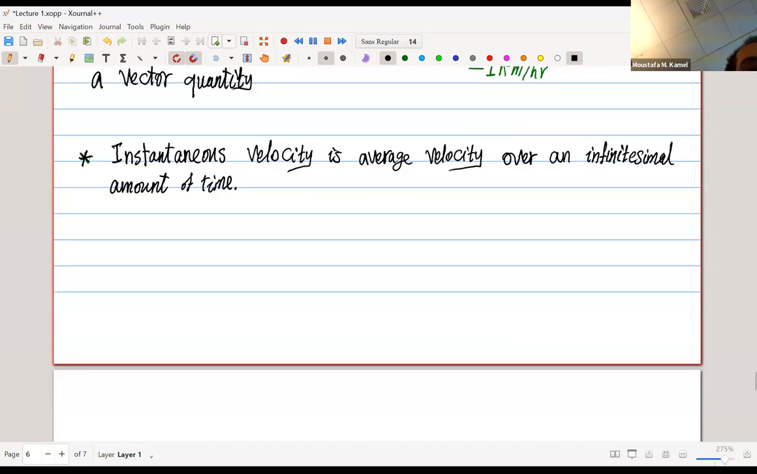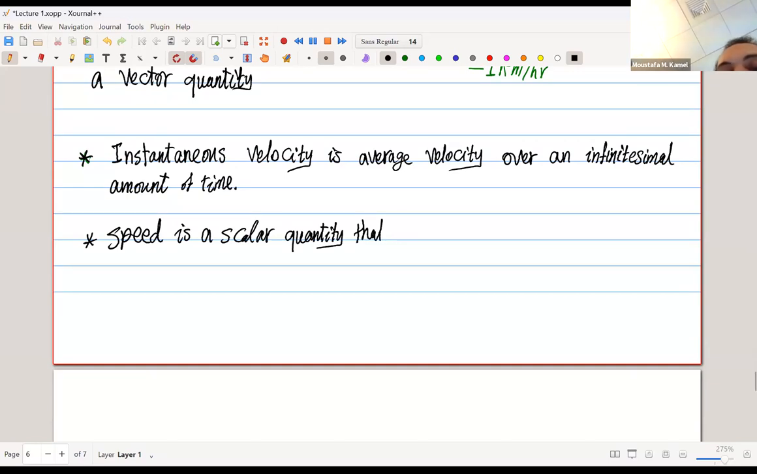But speed, on the other hand, is just the magnitude or size of velocity. It's a scalar quantity that describes... scalar quantity. Let's call it